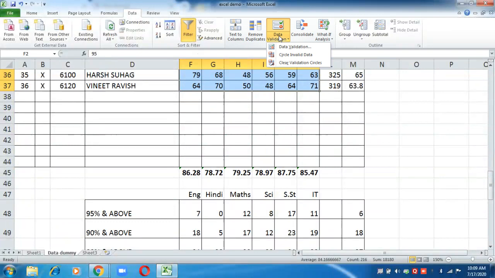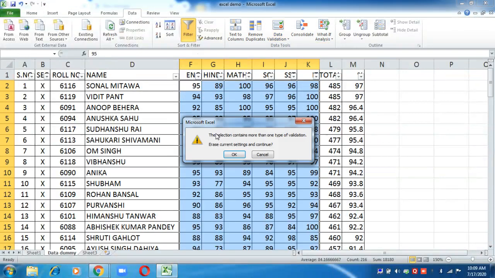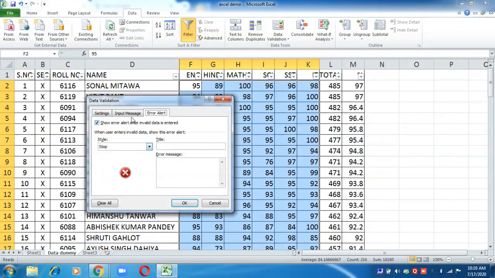and then go to data validation, now here I can write: enter marks between 0 to 100, and then error alert.